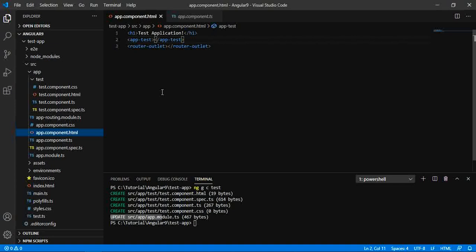In the same way, we can use a component selector inside others to make use of it, or we can have some child component. Later on we will see how we define a child component and utilize the component in different ways. So this is the basic overview of the Angular app component, and in our next video we will see what interpolation is in Angular. Thank you so much.